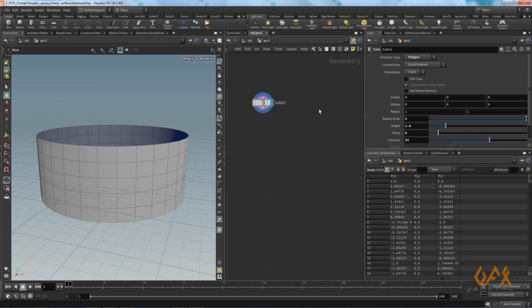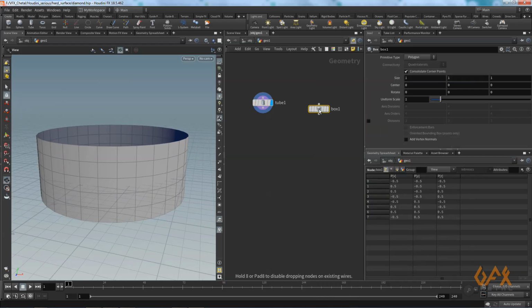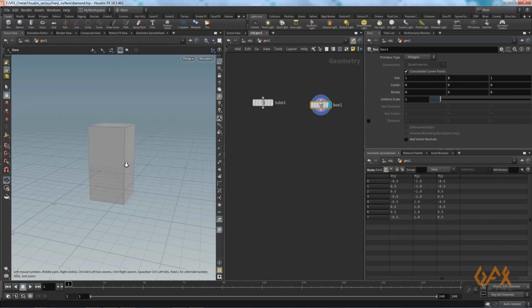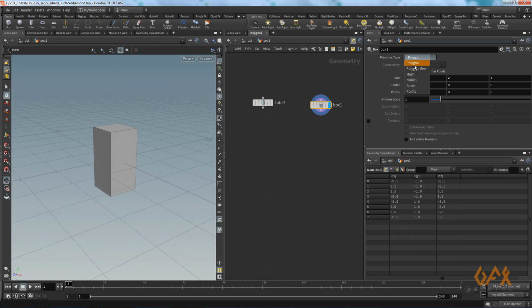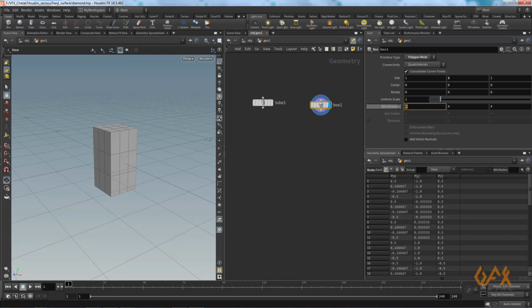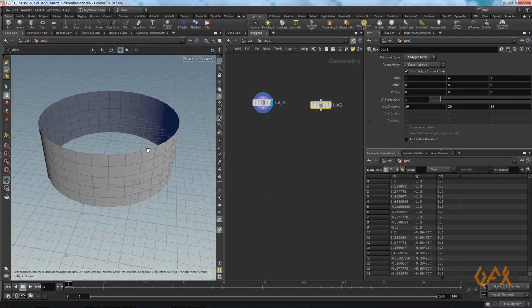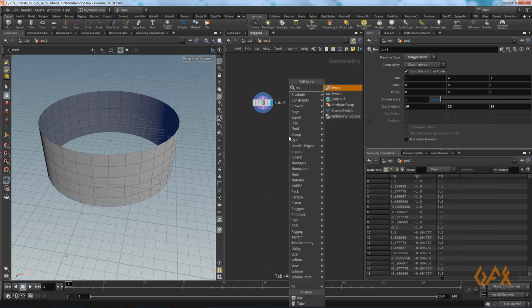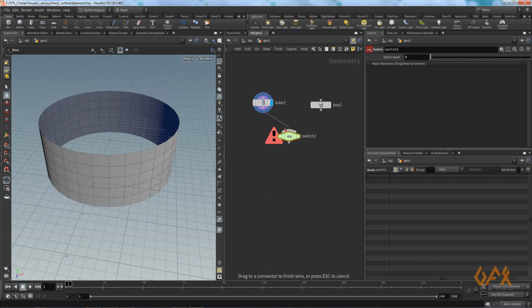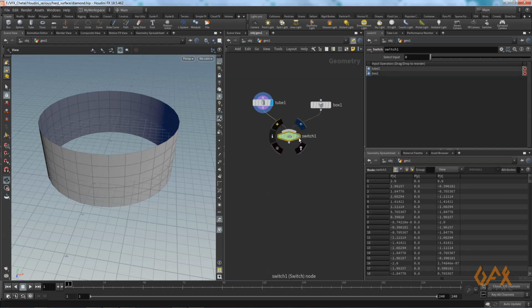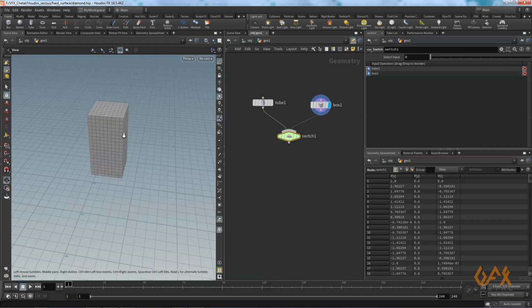Now I also create one box, and I set its size to 2, height is 2, and I set my segments to 10, 20 and 10. So why did I choose these objects? Because one is an open object and one is a closed object. So I create one switch so we can check at any point of time whether my procedural approach is working properly or not. Okay, so right now I prefer to go with the box.